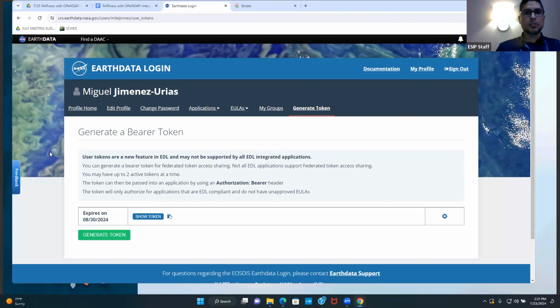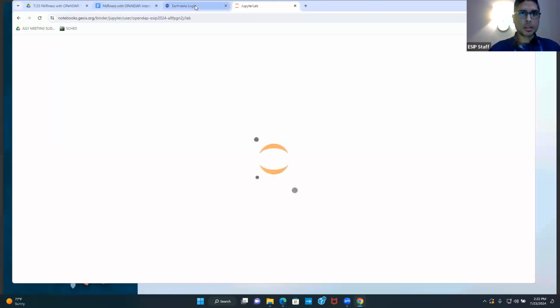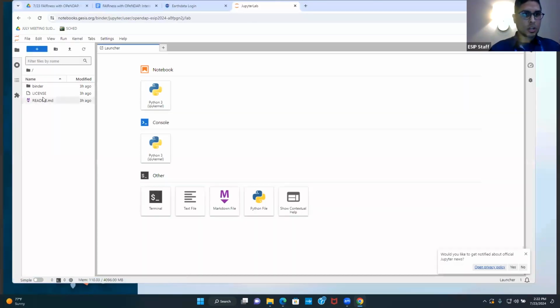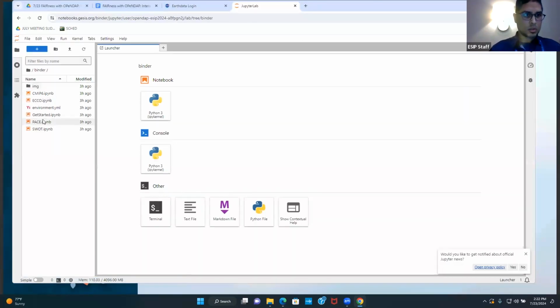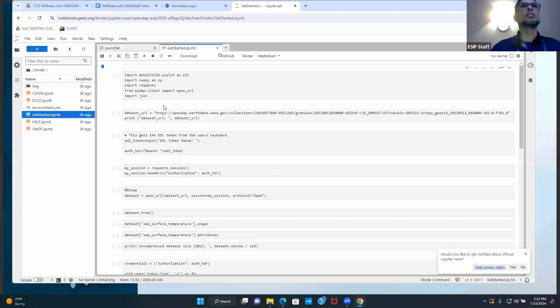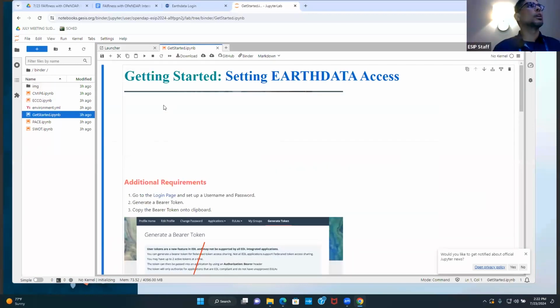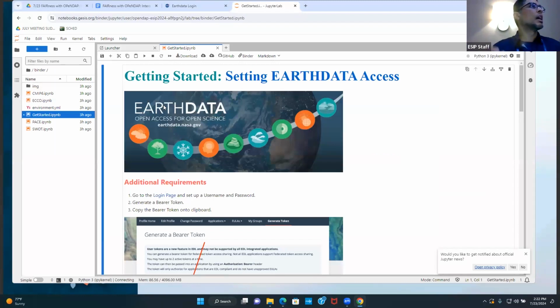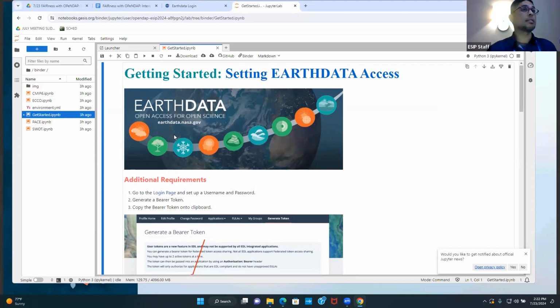we're here, the only thing that you're gonna need is to copy your token without needing to show it. I don't wanna show you my token. So we're gonna do that, and my environment is already built, so it should be there already. And we're gonna do this Get Started notebook. Essentially what it's gonna do is take that token and store it locally in a JSON file. And then every notebook that accesses NASA data is gonna read that token without you actually having to copy paste into it. So again, the Get Started notebook,